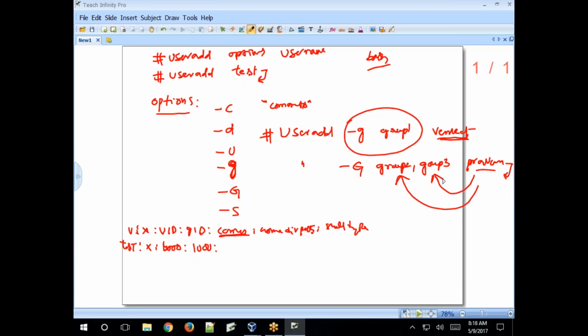So the Praveen user's primary group is Praveen, and the additional groups are group2 and group3.